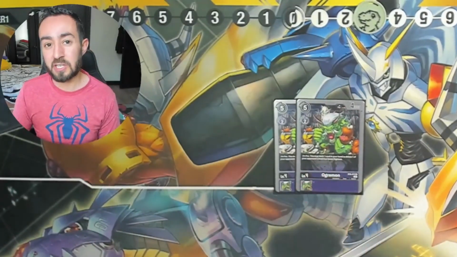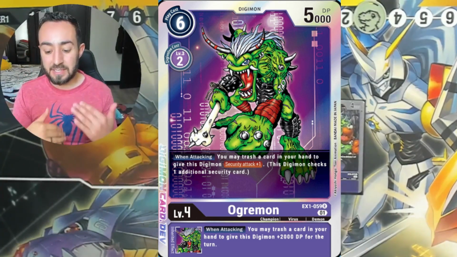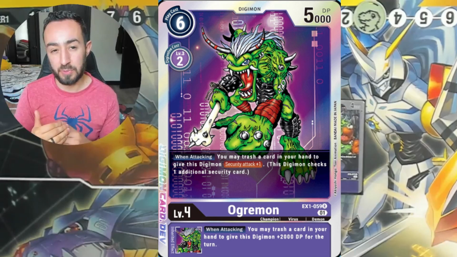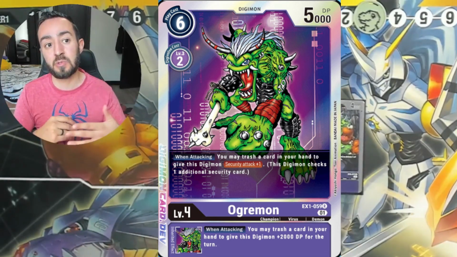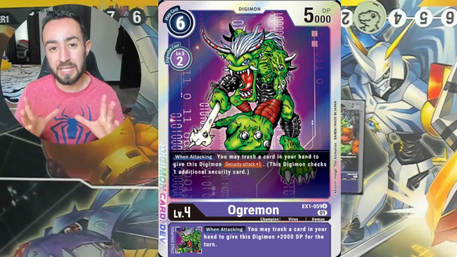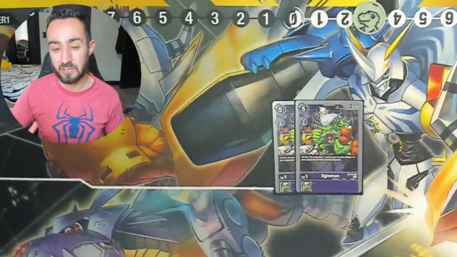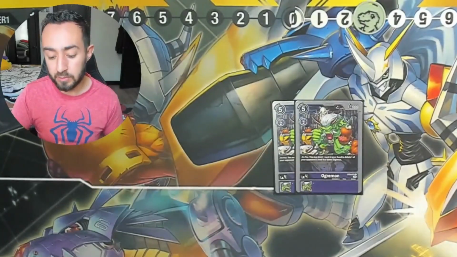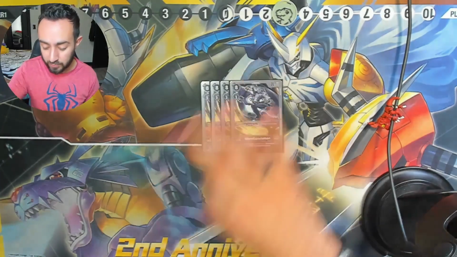I was trying the security attack +1 Ogremon, and this deck is meant more to build up. You could definitely use the security attack +1 Ogremon because you do get DP as an inherit. But I like to build really balanced deck profiles, which is why I'm going with the Ogremon, just to help with removal. Let's move on to the level 5s, and I think you have to run 4 of